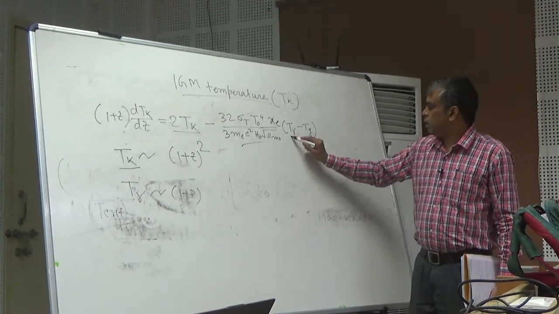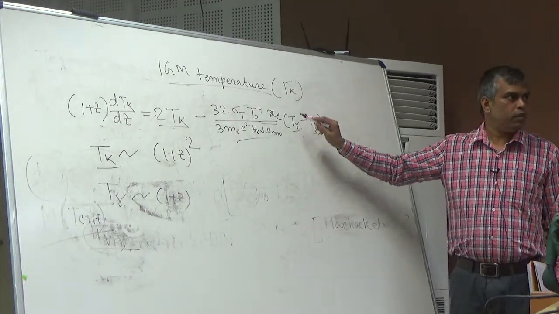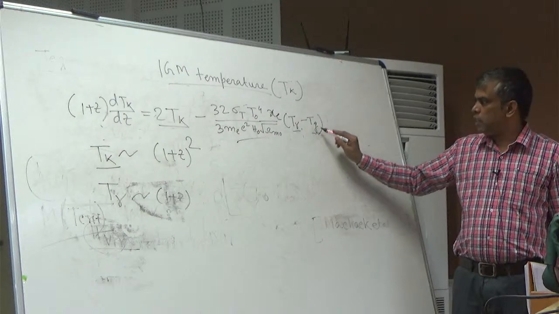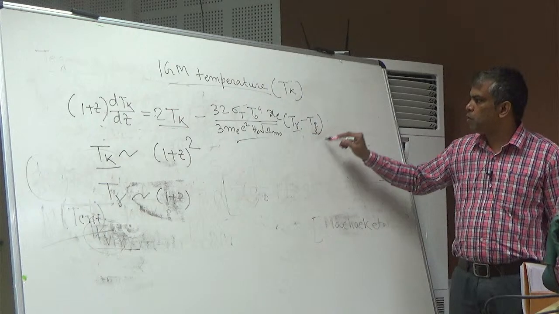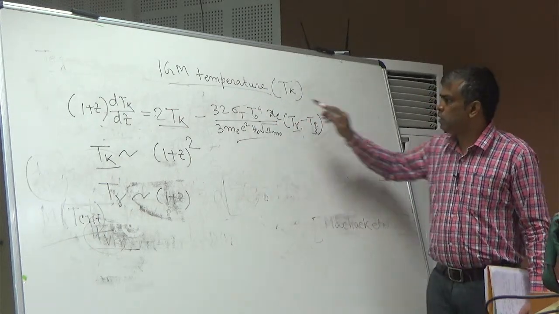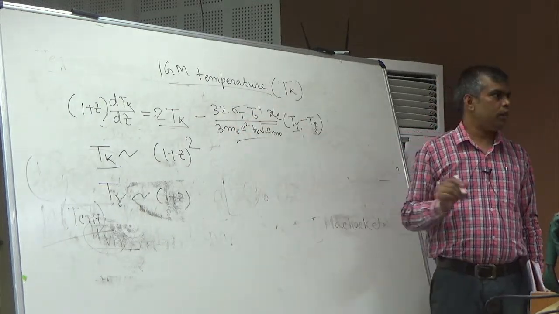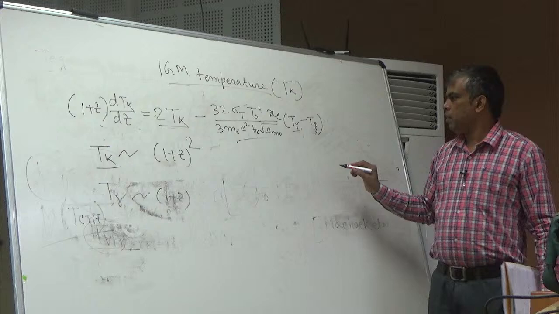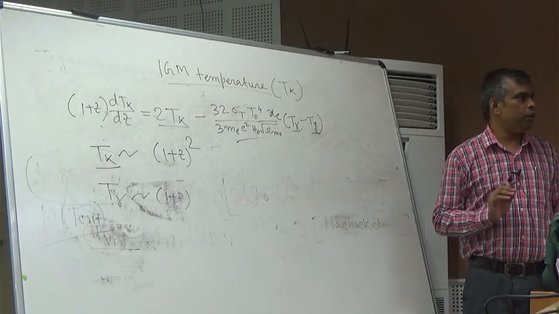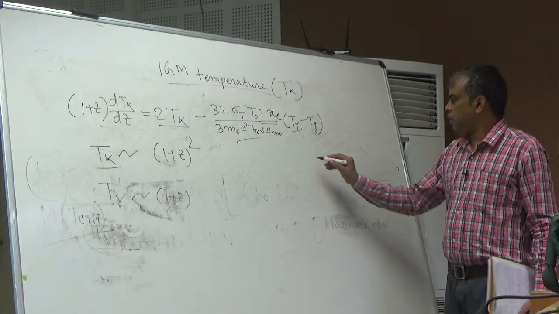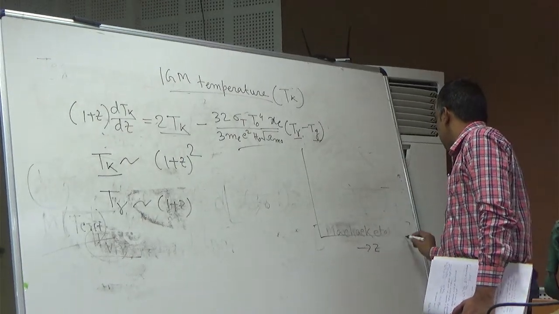Now you see, this is ambient temperature, this is IGM temperature, and CMBR temperature is always greater than IGM temperature, because as I said, IGM temperature falls faster than CMB temperature. So this quantity is positive, and so this entire quantity is actually negative. That means it will help to keep the IGM temperature equal to CMB temperature at least for some period of time. So let's say this is Z, let's say 1000,